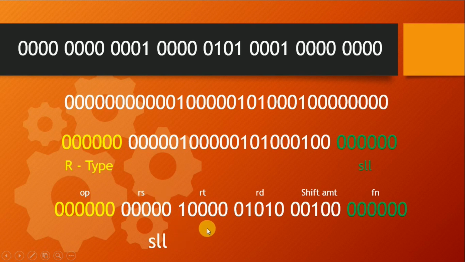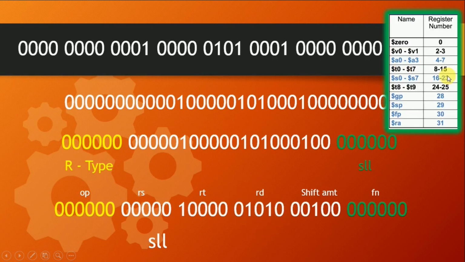SLL, so we are operating only with RT and RD. We don't have any RS value, so RS value is 0 here. My destination register is RD. RD is 10, so 10 is the value of T2. So T2 is my destination register. Here it is 16, right?